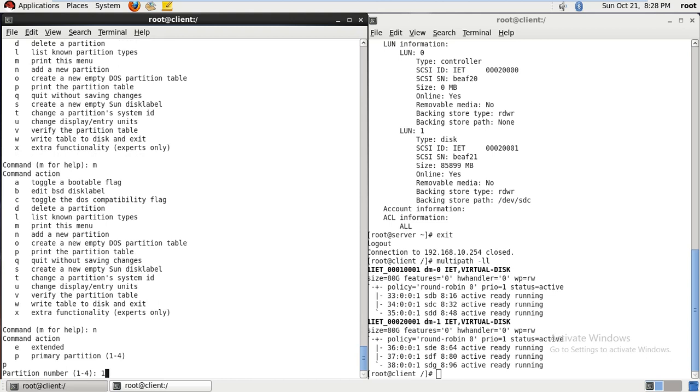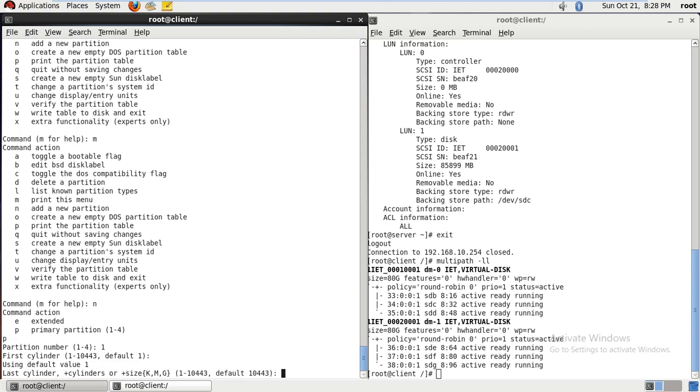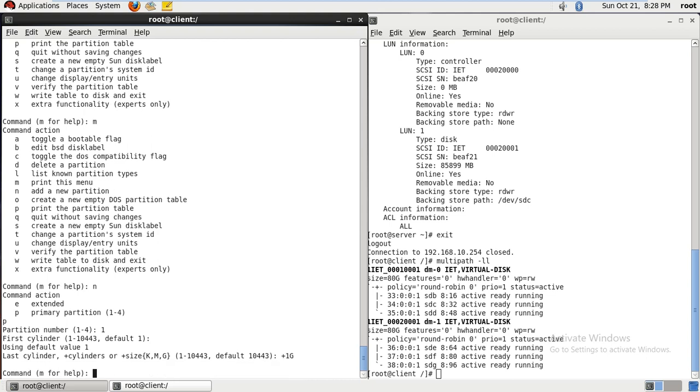You have to give 1, right? Then give 1. Then cylinder, let it take automatic which cylinder is free now. Okay, suppose I want to make this primary partition of 1 GB. So plus 1 capital G. Now it's done. Whether the partition has been created or not, how will we